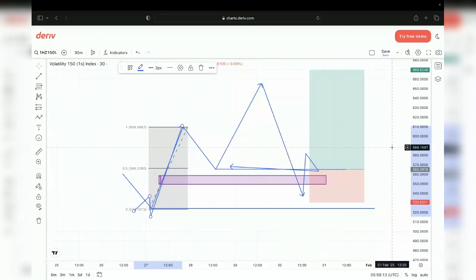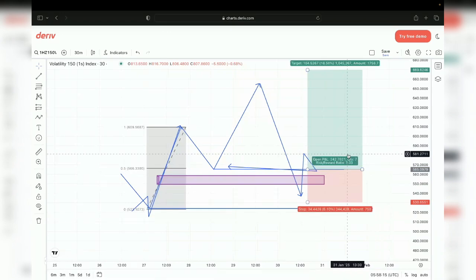Now, I said it before that the best trades are gotten when early buyers or early sellers are out of the market. The best trades are gotten when people have been swept out of the market. That's when you get the best trades. So when the early buyers have left the market,